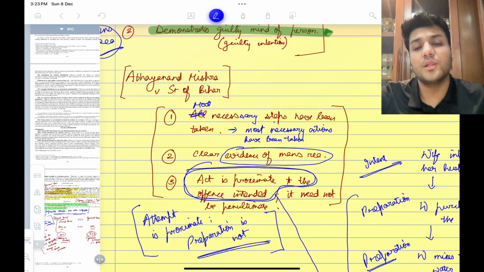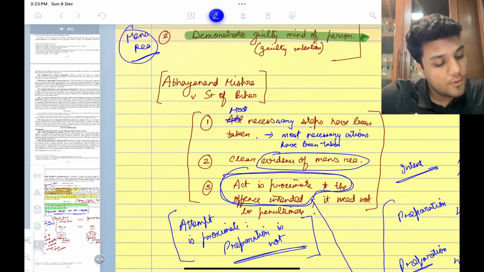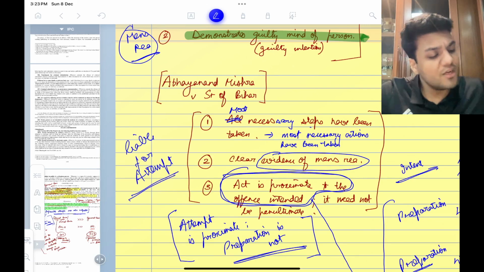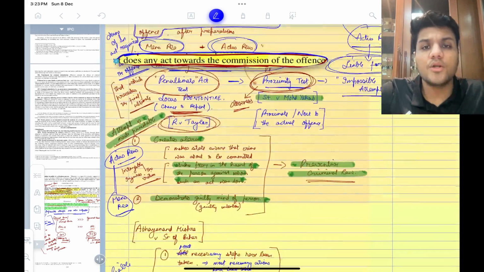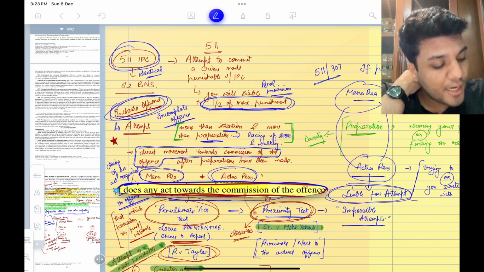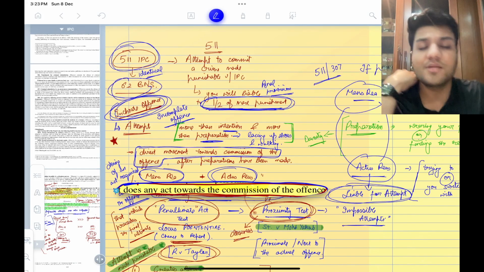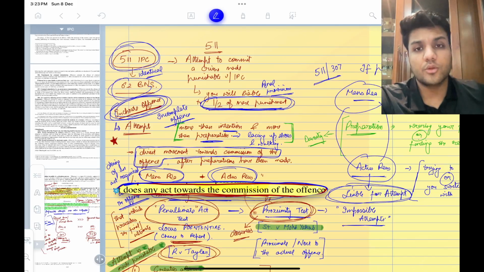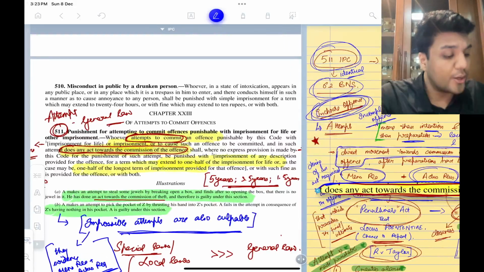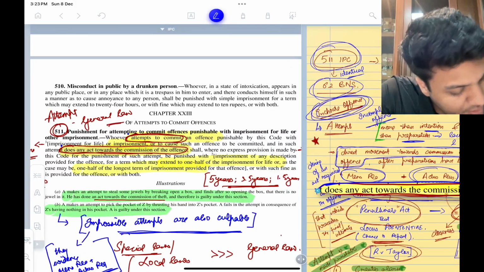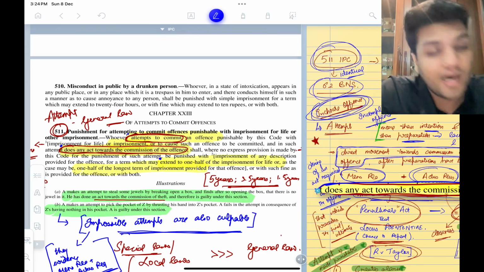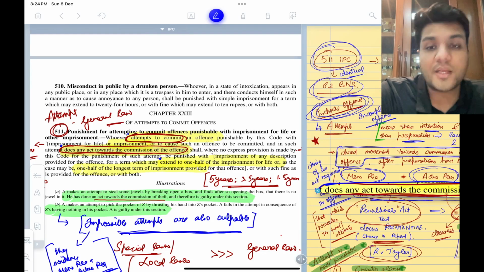So these are the three factors that have to be looked at in order to hold someone liable for attempt. Whenever a question comes from this particular part, I want you to first explain what the meaning of attempt is. Then you look at what the crucial parts of section 511 or section 62 BNS, depending on what that particular notification asks you to do. I want you to highlight the three relevant keywords from the section, which are attempts to commit, does any act towards commission, and that one-half of imprisonment will be done. All three keywords should be mentioned, and then you look at